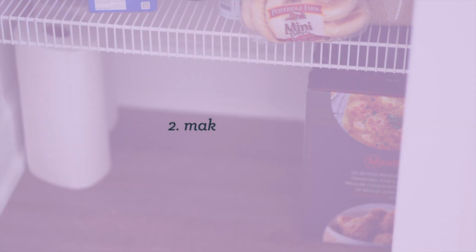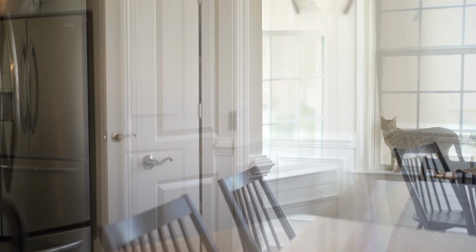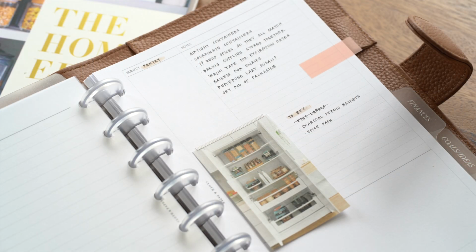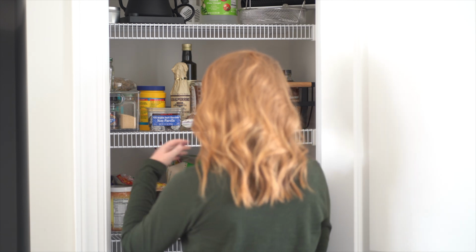My second goal is to make it beautiful. My pantry is right between the kitchen and the dining area. I feel like it's very visible from wherever I'm at, so I'd like for it to be pretty. I pulled out my planner, printed an inspiration picture, and made a list of things I could reuse and supplies